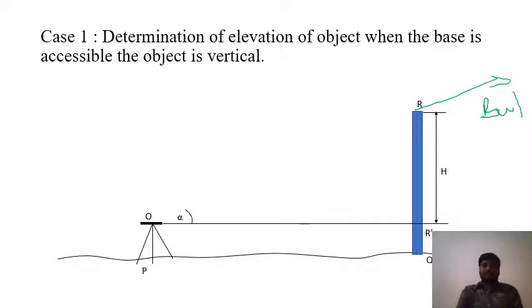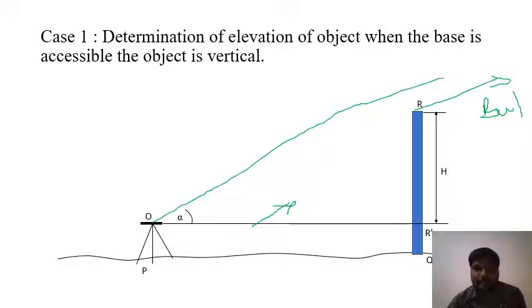This is the line of sight, which comes out when our theodolite is in a rest condition. I mean, when it is in the zero condition. If it deflects, like if there is an elevated portion and it deflects like this, then there will be some angle theta or phi. This is what I am going to say.